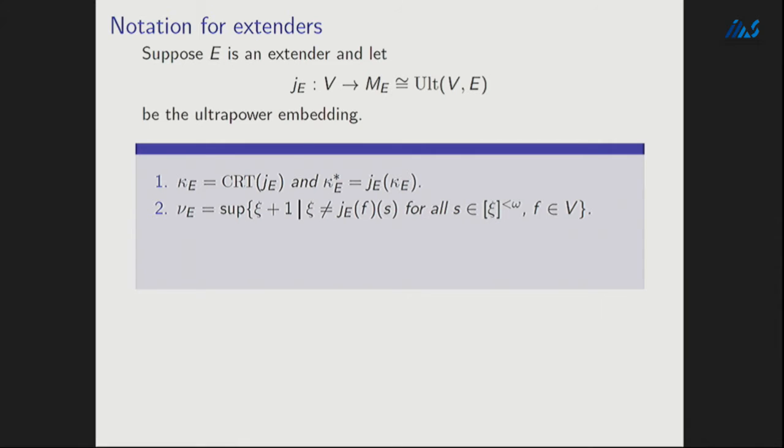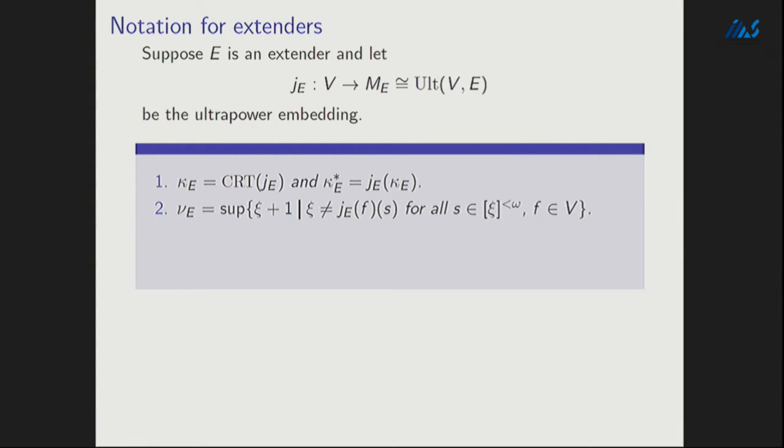Okay, so notation for extenders. If E is an extender, remember that gave us an ultrapower embedding from V into M_E that enabled you to recover the extender. I'll be using this notation a lot, so hopefully we'll get used to it. Kappa_E is always the critical point of the associated embedding. It's the critical point of the extender. It's the completeness of the measures or the ultrafilters in the extender. Remember, an extender is just a directed family of ultrafilters. Kappa star E will be very important. That's the image of the critical point under the extender ultrapower embedding.